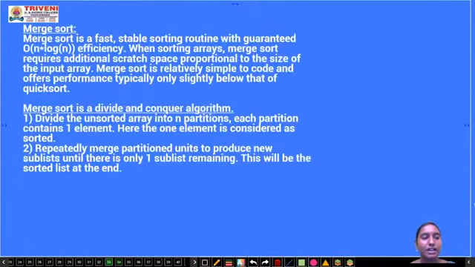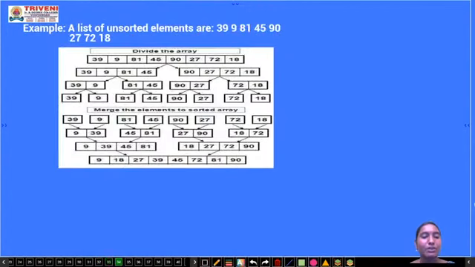And next one is merge sort. Merge sort is also a divide and conquer method, where each and every element part will be divided into 2 sub parts, and